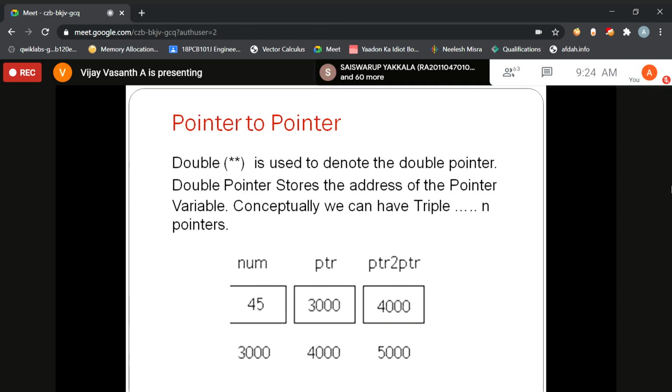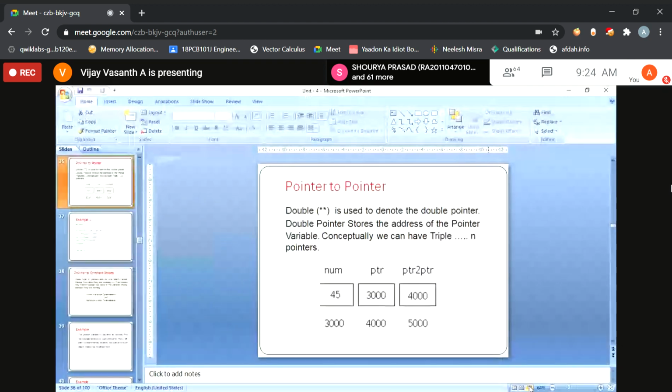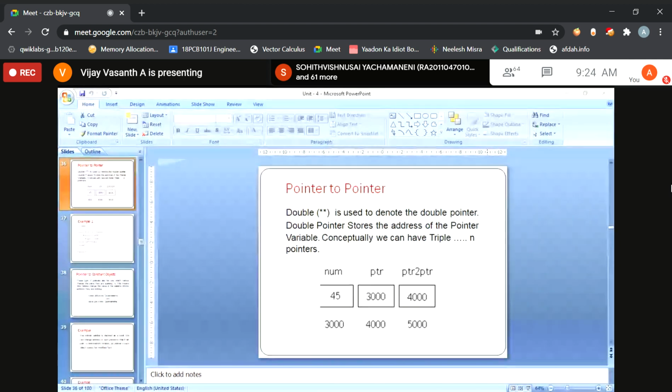Now the question is, what is the difference between a pointer and a pointer to pointer? Can anyone tell me the difference between a pointer and a double pointer? It's very simple.